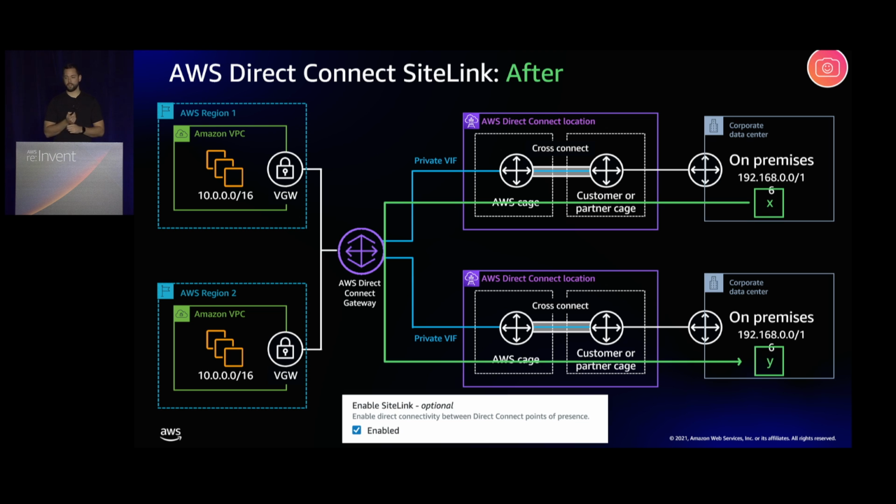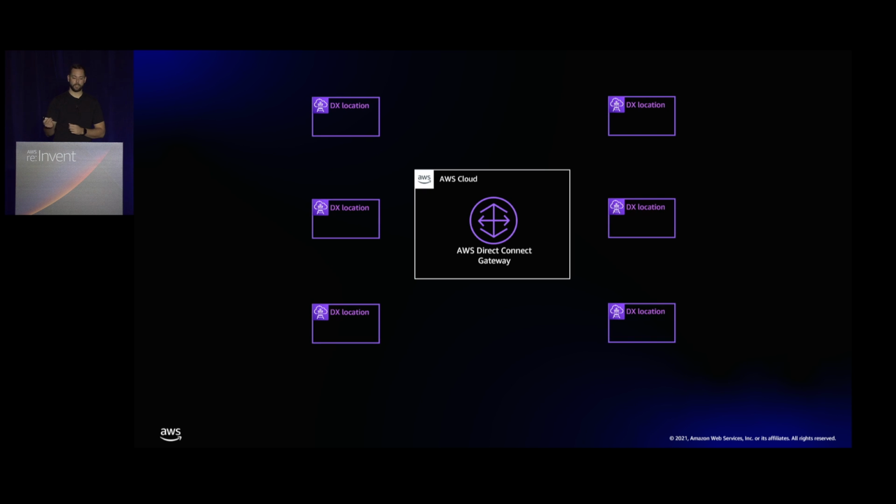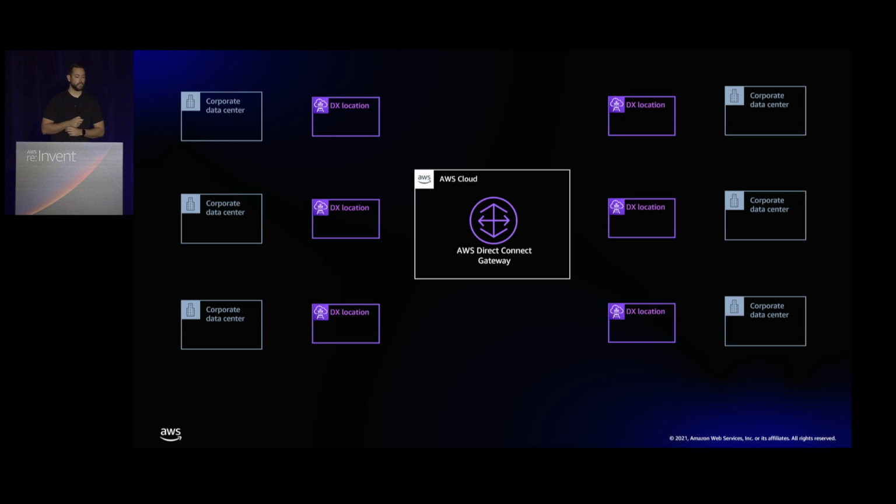And so quick photo there if you folks wanted to take a photo of that. Sorry, running a little quick there. But essentially it would look something like this, where you've got the Direct Connect POP locations, you've got connectivity through to the Direct Connect Gateway, but then all of your sites are connected to the Direct Connect POPs. And each of these sites can now talk to each other globally, because Direct Connect Gateway is a global service. Pretty awesome stuff.